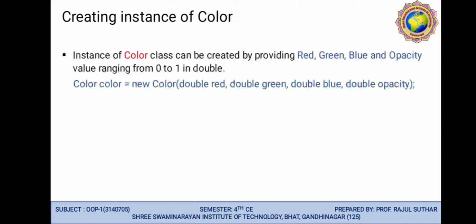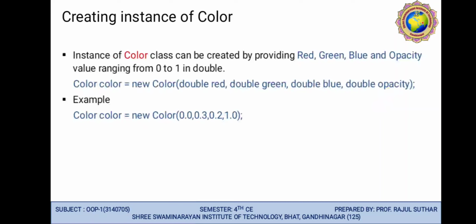For that we require an instance of a color. An instance of the Color class can be created by providing red, green, blue, and we also require the opacity, a value ranging from 0 to 1, in double data type.